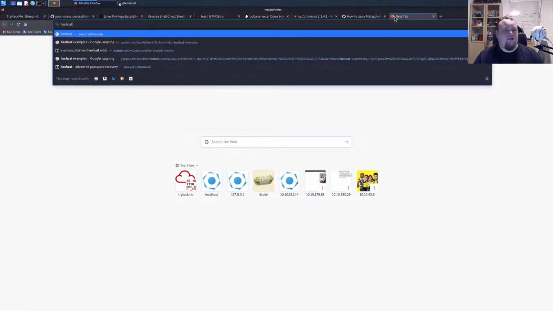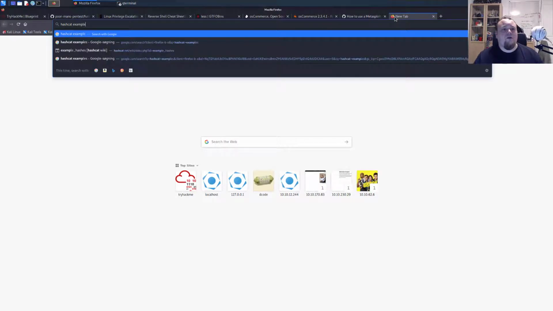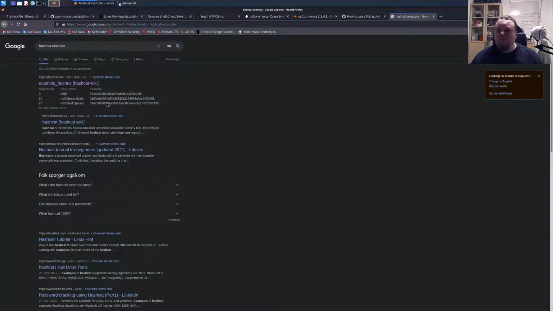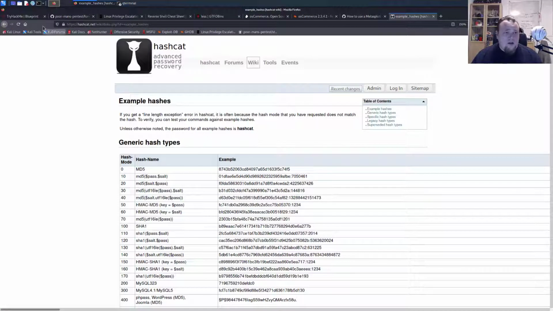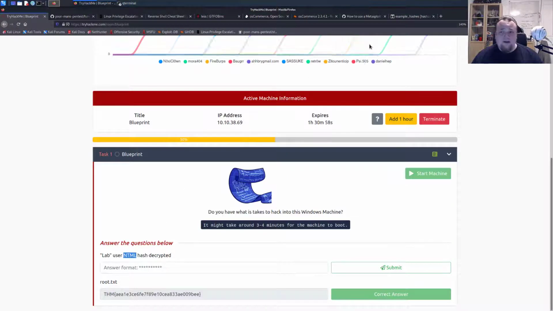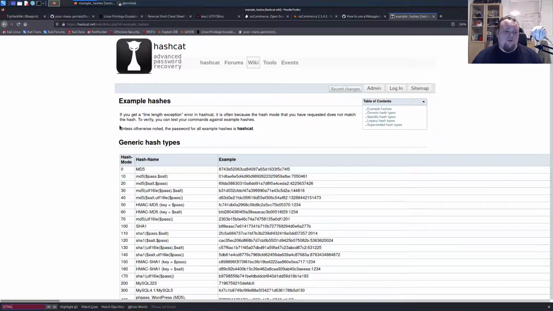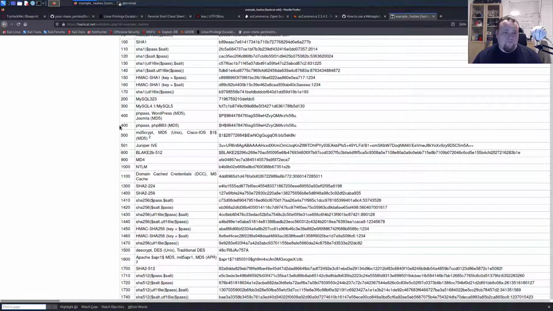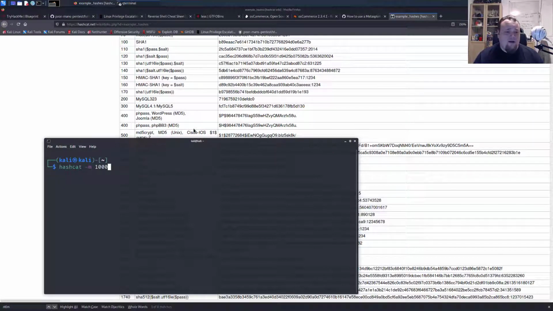So let's go hashcat example. Hashcat is a really beautiful program that can help you crack hashes. So we know the hash is NTLM. Basically just gonna copy that and look for NTLM. That is 1000. So let's go ahead and do 1000, and as you see,